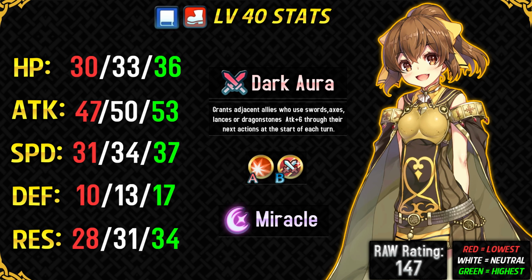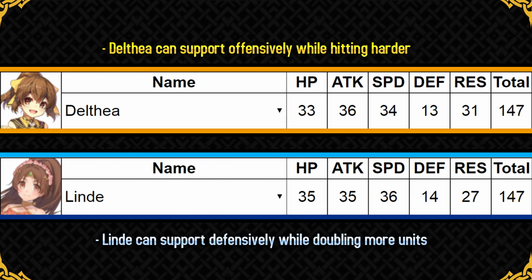I'd say that she is the second best blue mage in the game after Reinhardt, and yes, I do mean to say that she is a better blue unit than Linde in my opinion. I'll explain why. Linde has got 2 point higher speed and 1 point less attack and much less resistance than Delthea,